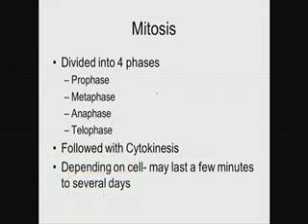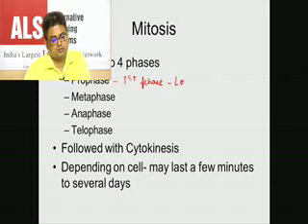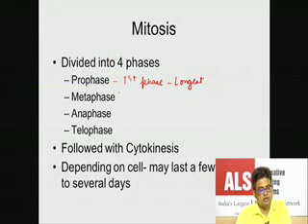Prophase is the first phase, and it's also the longest phase. Metaphase is the phase in which the chromosomes arrange symmetrically on the spindle apparatus. This will be clearly visible in the following slides that we will do after this. In anaphase, the chromosomes move towards the opposite poles. The chromosomes undergo division and the spindle apparatus will carry